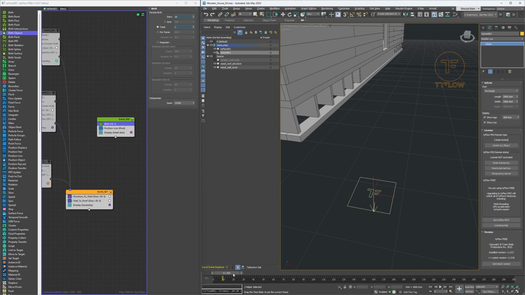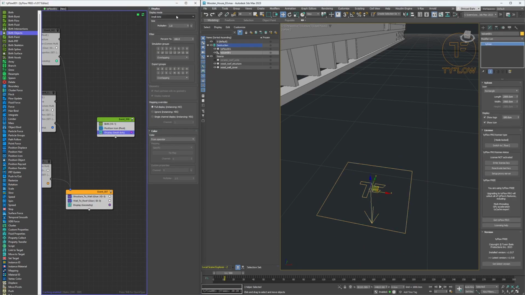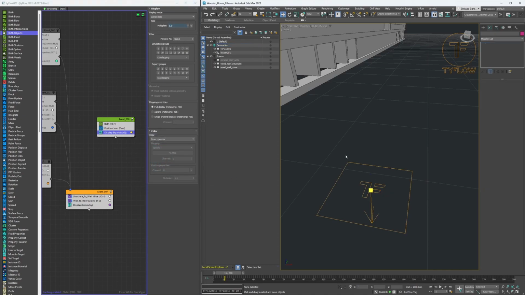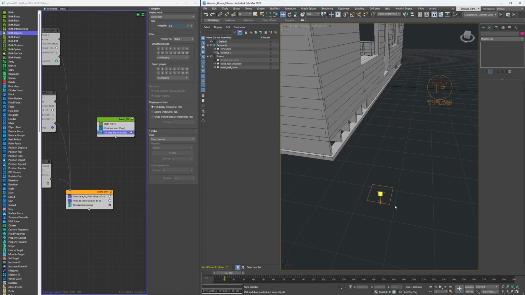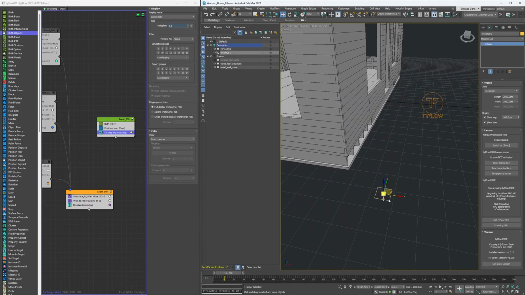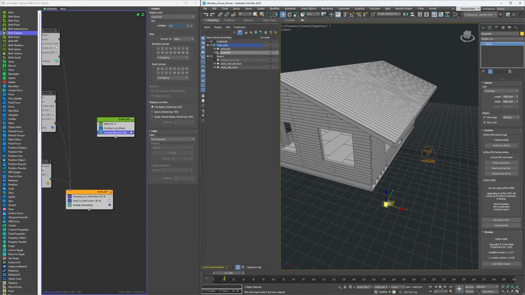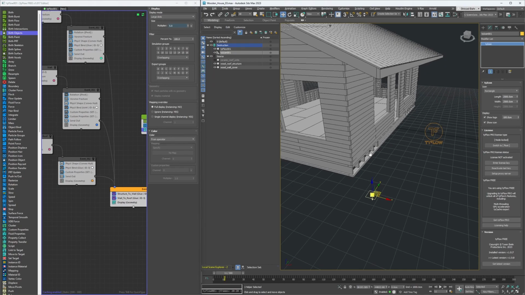Frame 10. Yes, it's there, but you can't see it. Let's put it on a large dot, make it big, and also a better color as always. Okay, this one will be the point that's going to destroy our house, and you can put it wherever you want and play with the point values to make the house stronger, weaker,